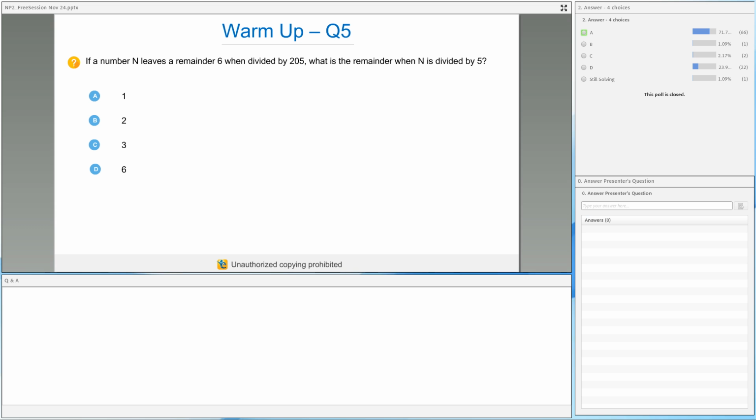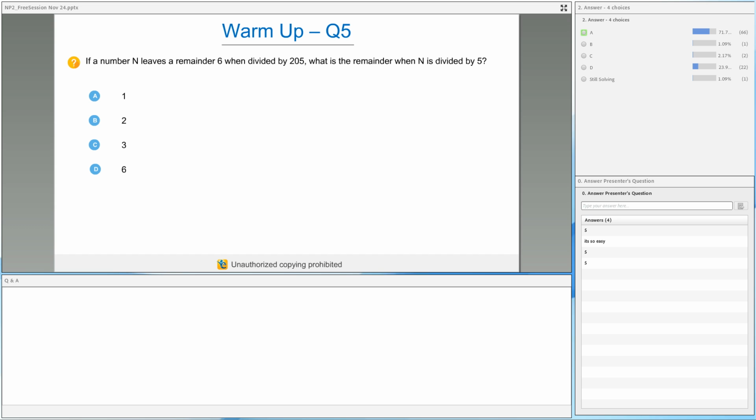Okay, so this time it's a fairly good response. 71% of you think the answer is A, and I did expect a few of you to mark the answer as D, which has happened. 24% of you think the answer should be D. Now, those of you who marked D, this question is especially for them only. Those of you who marked A, don't answer. What is the divisor in this case? Put in your answer in the answer presenter's question. What is the divisor then? It's okay. Those of you who got it incorrect, I want to know.